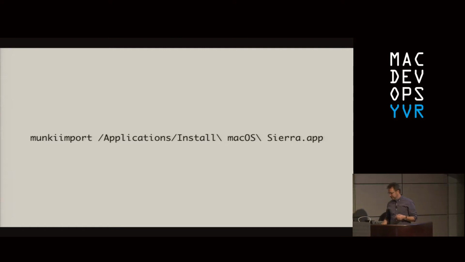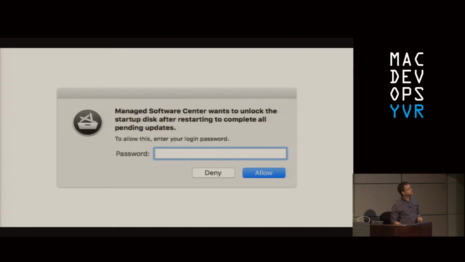So we've added a feature. Actually, the core of it came from Wes at Square. Hi, Wes. And that's support for authorized restarts. Now, you can do it 2 ways. The admin can provide a plist that contains a recovery key or password, and Munki will just use that to do an authorized restart. Or if you don't provide that key, you can let Managed Software Center prompt the user